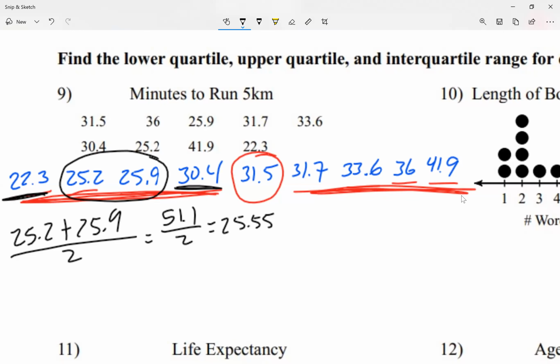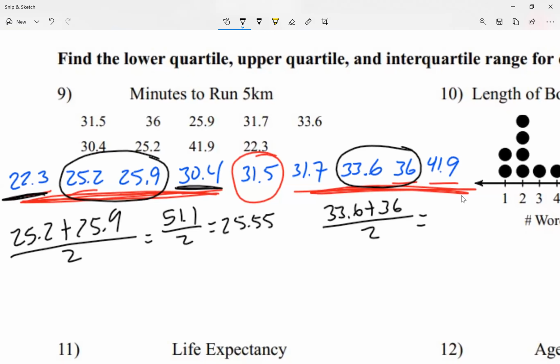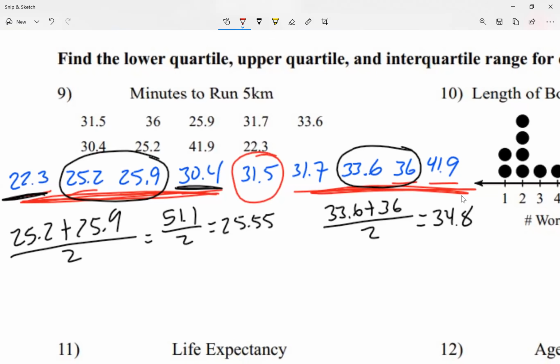Okay. Now let me find the median of the upper half. I'm looking at the big numbers, find the median. I know it's going to be in between these 2 numbers, right? I'm just going to go 33.6 plus 36 divided by 2. Now that's going to give me 34.8. Now I'm going to ask you guys a few questions in there. I could change the question that I'm asking. I could ask you for, let's use red this time,